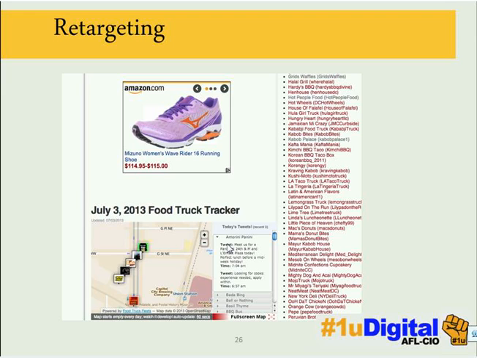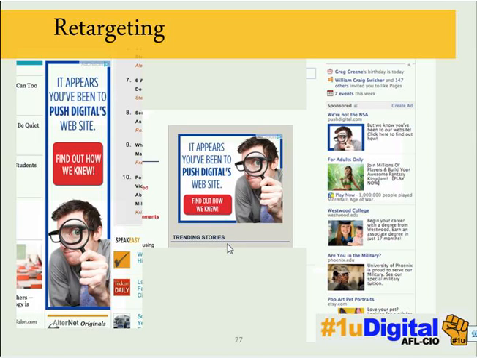This is called retargeting. It's very easy to do with your website, with any of your campaign websites, with any petition that you could put up. You can even put it in your emails. You can have retargeting and run these ads to people wherever they are, which I think is pretty amazing. You can see here,